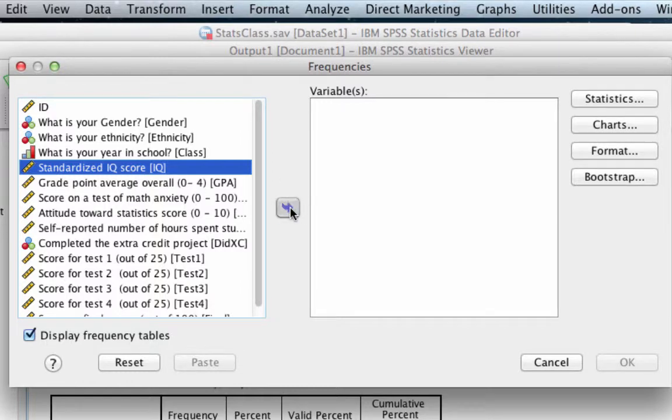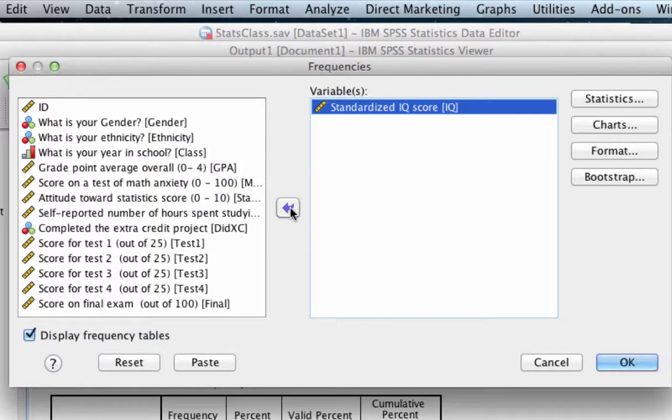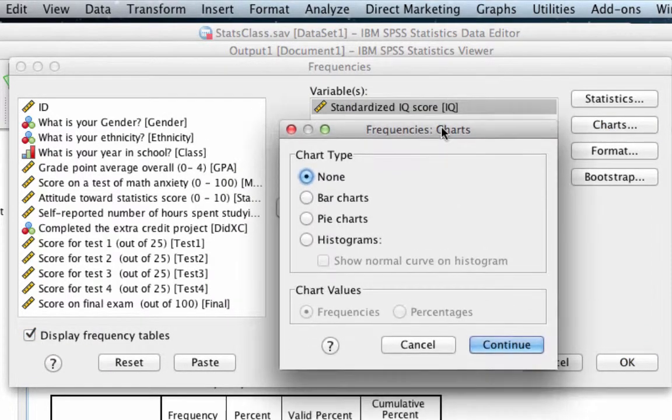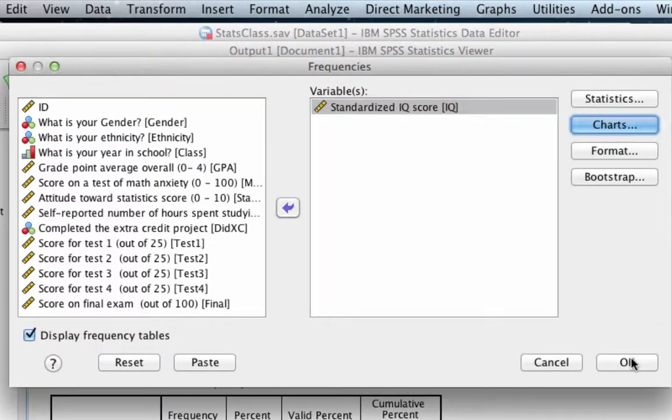Let's move that into the variables box. To create a histogram, we're going to use the Charts menu. We want a histogram, and we also want to show the normal curve on the histogram, which we do by clicking on this box. Click Continue, OK,